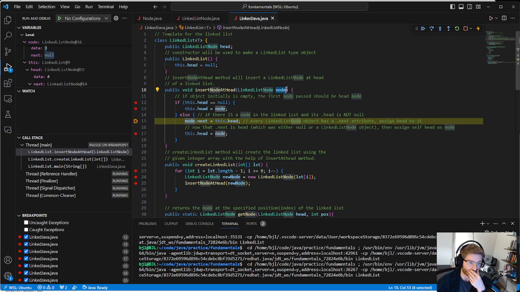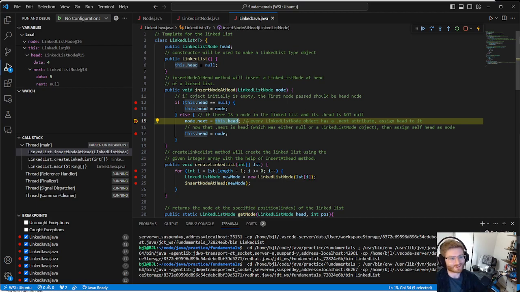We're passing in a new object, and we're assigning it this head object, and we're saying this dot head is, yes, this dot head being this dot head, which is this. Oh, that's so cool. Okay, I see it now. I love talking this through. Okay, I'm going to reword this because it makes a lot more sense to me. If the passed in node, this is what matters, the passed in node,